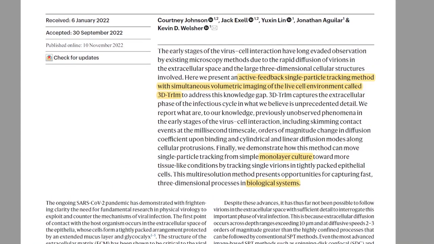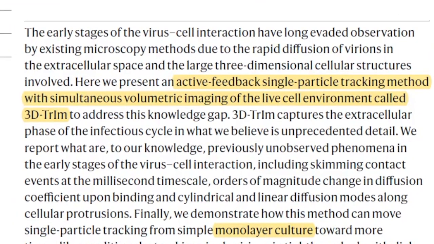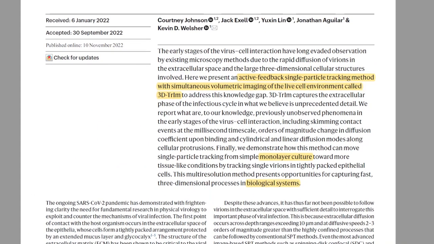So now we can look at the abstract here a little more closely, and I've highlighted a couple of key portions. So the first highlight says an active feedback single particle tracking method. Okay, let's just dissect what that means. So as I explained earlier, there's no microscope that can visualize things the size of alleged or so-called viruses or viral particles while they are intact or biologically viable, if that's appropriate.